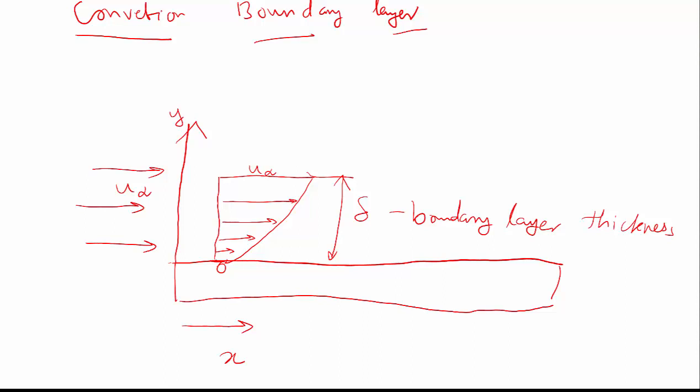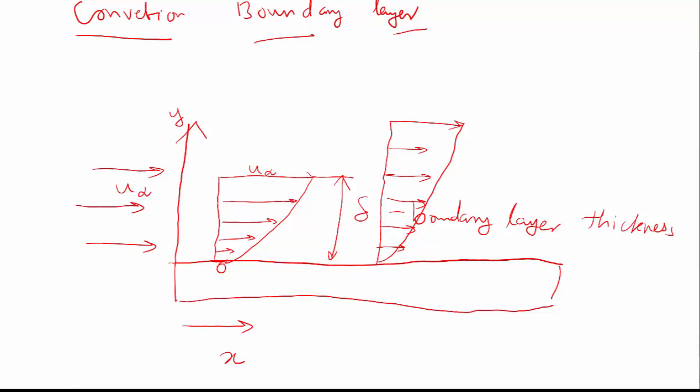From the leading edge to the trailing edge, nearest to the plate, the height of the profile is like this. Once the distance increases, the flow is converted from laminar to turbulent, and the profile is like this. Continuously, the profile height or boundary layer thickness increases. To a certain extent the flow is laminar, to a certain extent the flow is in a transition phase, and to a certain extent the flow is turbulent.